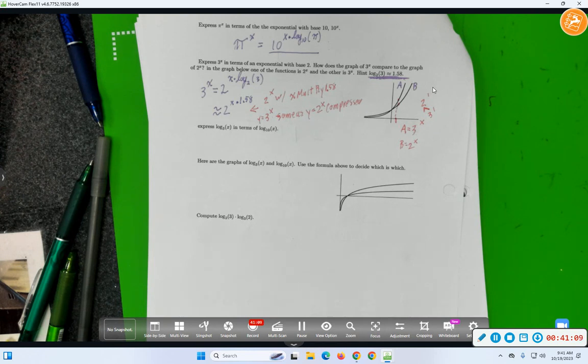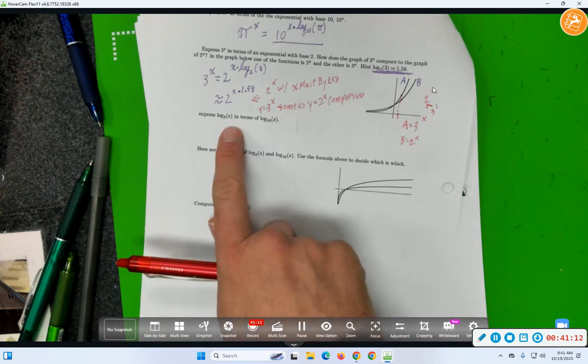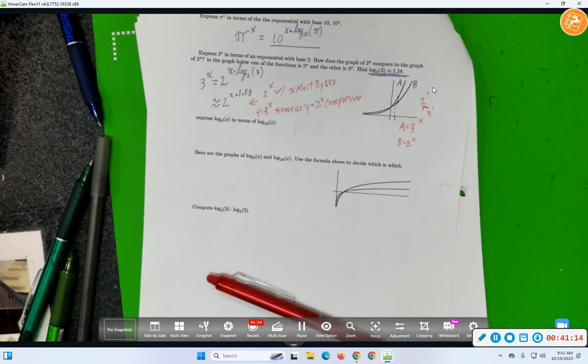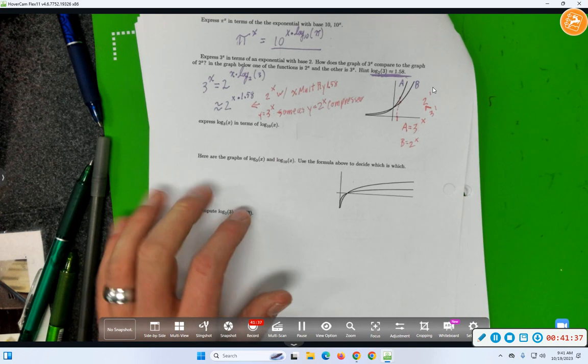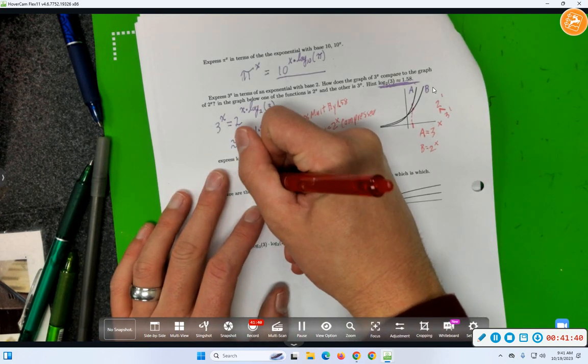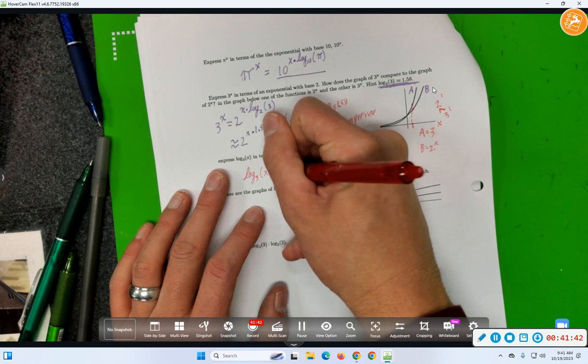Let's do something similar for logs. The change of base formula for log says that the log with respect to a base you don't want to use is the same as the log with respect to a base you do like, but then divided by the log of the base you don't like. So, let's use that here. Let's express log base 3 in terms of log base 10 of x. Log base 3 of x is equal to